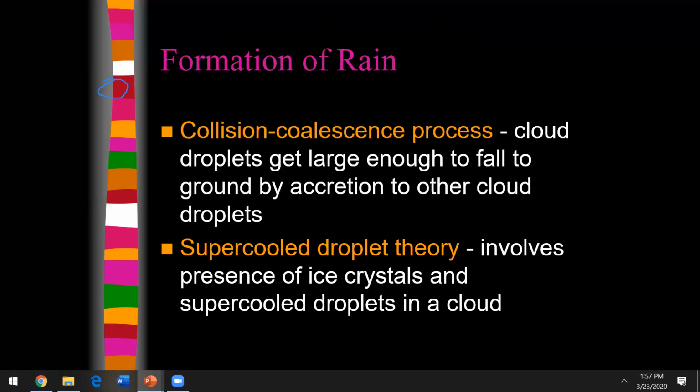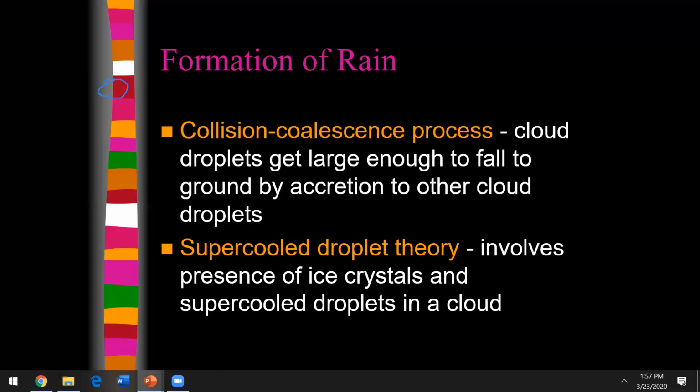So the cloud is going to have ice crystals and water molecules, but sometimes just liquid water molecules, but sometimes it's just too high to even have the water existing as a liquid. So the Norwegians, who were really big in the early 1900s in weather theory, one of their meteorologists came up with what's called the supercooled droplet theory. And this says that inside of a cloud, there are going to be ice crystals, but there are also supercooled